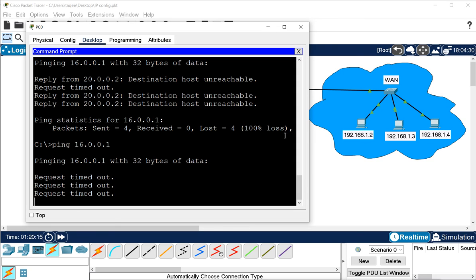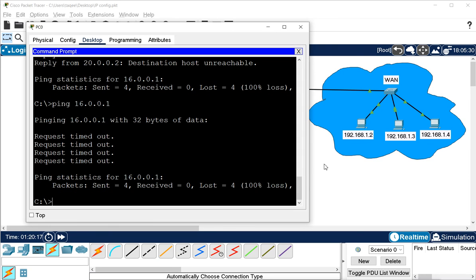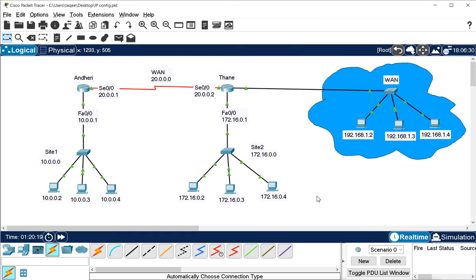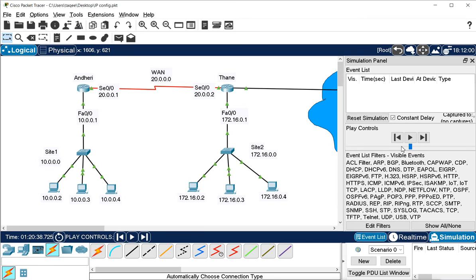Now how will you see that? I will show you in Packet Tracer how it is working. In Packet Tracer, we have this option, real time. We are doing it in real time, but there is a simulation mode also. When you go to simulation mode, it starts showing you the packets flowing around the network, whatever the packets are and how they are flowing. You can play, and you can go forward and backward also. I will not do anything, I will just close this.